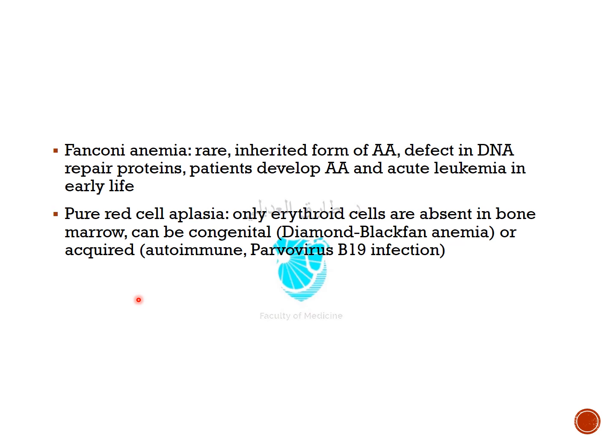There are special types. The first one is called Fanconi anemia. Fanconi anemia is very rare. It is an inherited form of aplastic anemia, so it manifests early in life, during infancy and childhood. In this one, there is a defect in the DNA repair proteins. The repair proteins are defective, mutant, so the patients will develop cumulative mutations. So the bone marrow might develop aplastic anemia, the full-blown one, or they might even turn into acute leukemia because of